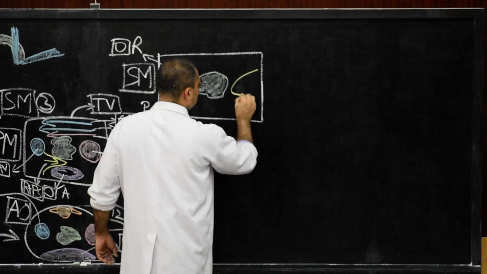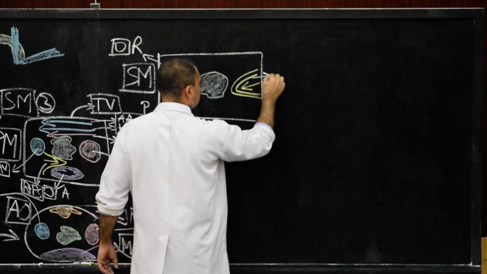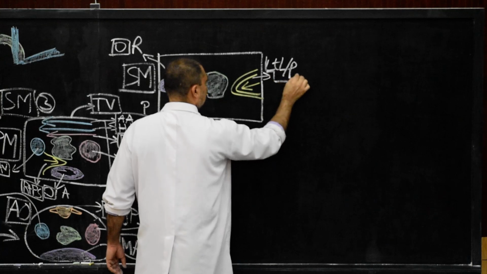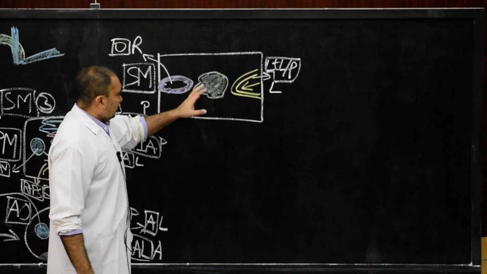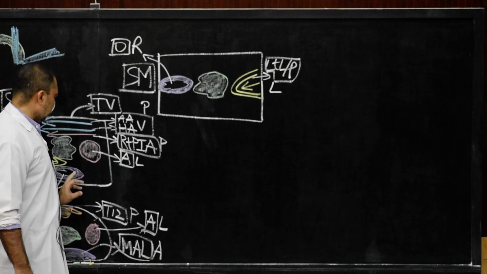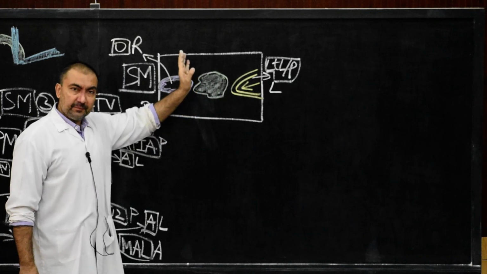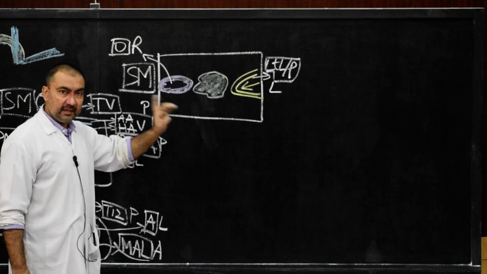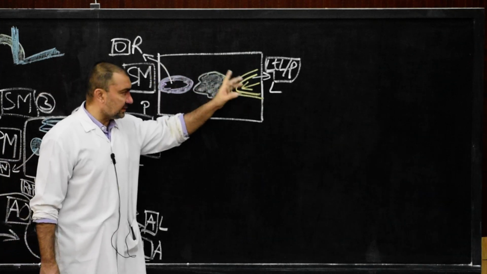So here we are simply going to draw this structure, put an arrow to indicate this structure as left lung and pleura. And here we will name this as L, left structure. So on the left side, left lung and pleura, on the right side, esophagus. Note the important relation in posterior mediastinum, esophagus was anterior, and as it has crossed to the left side and entered the superior mediastinum, at the level of T5, the thoracic duct will cross to the left side, enter the superior mediastinum, where the esophagus will be related on its right side. So right side is esophagus, left side is left lung and pleura.